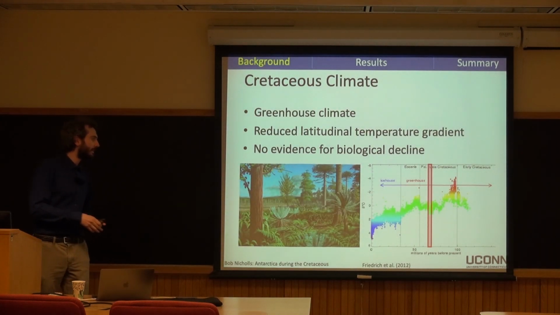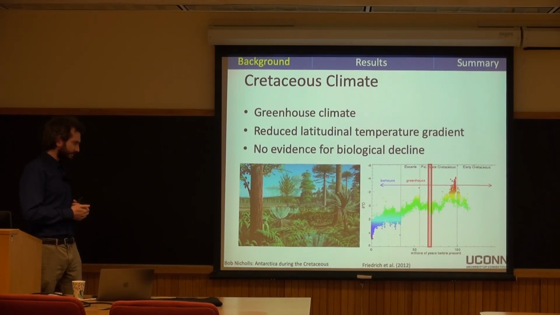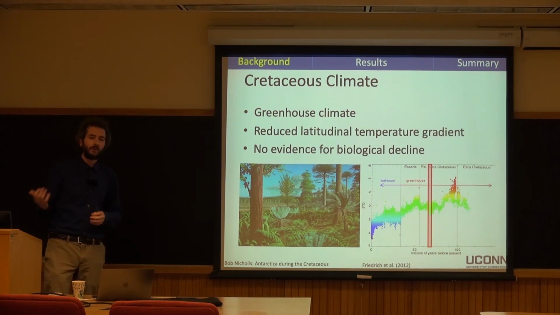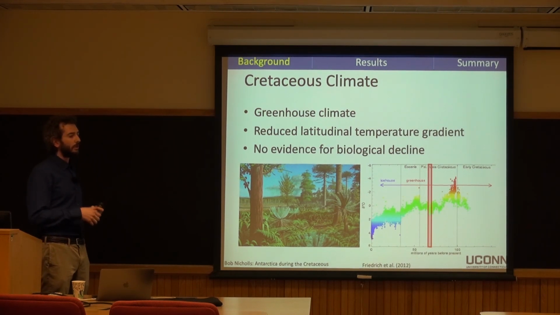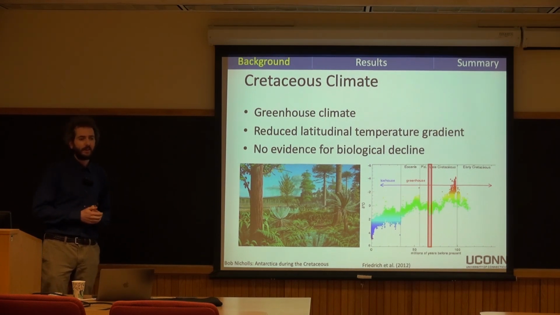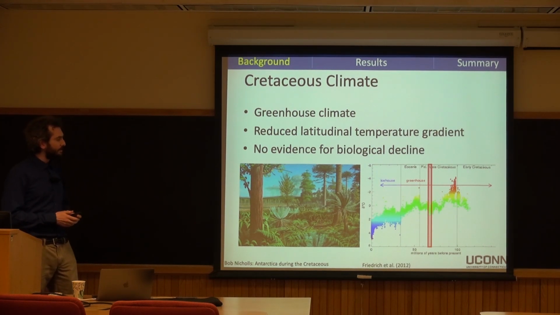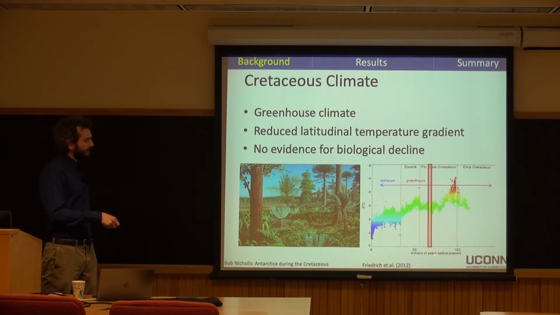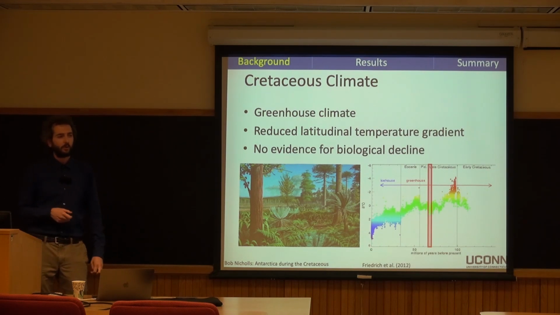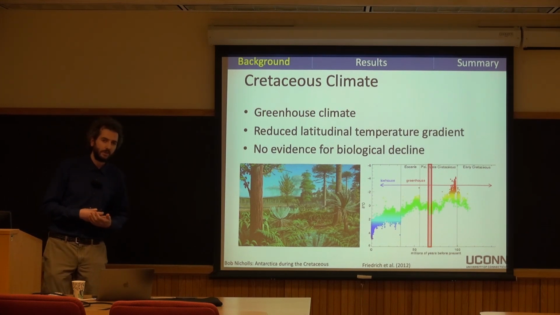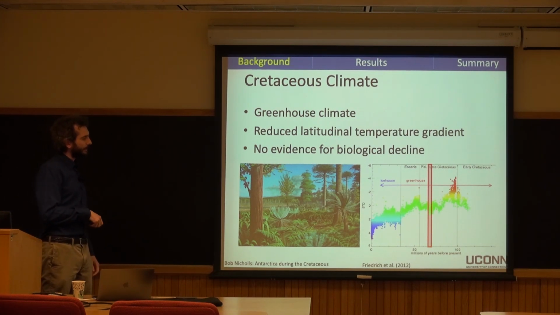Cretaceous climate was fairly warm overall compared to modern day climate. It's thought that throughout the majority of the Cretaceous period, there weren't really any large ice sheets at either hemisphere. In particular in the middle Cretaceous, here's a plot showing the past 120 million years or so, going from 120 on the right to present day on the left over here. This is delta 18O of the benthic foraminifera, so it's more or less recording a temperature signal, but also ice volume in the later record.